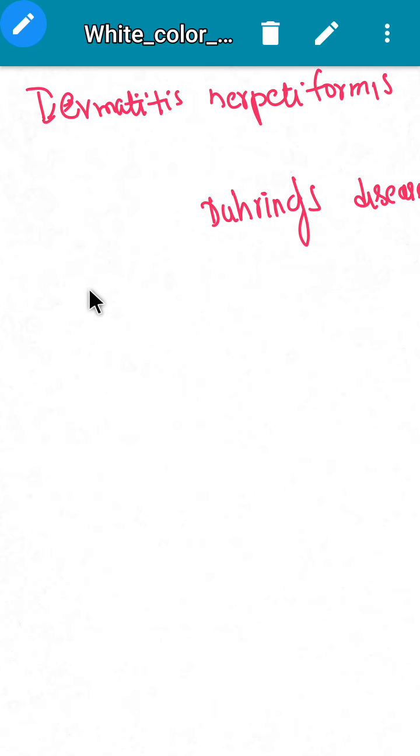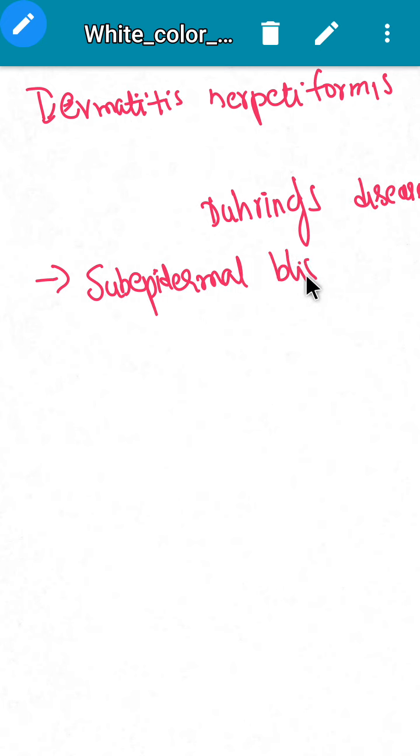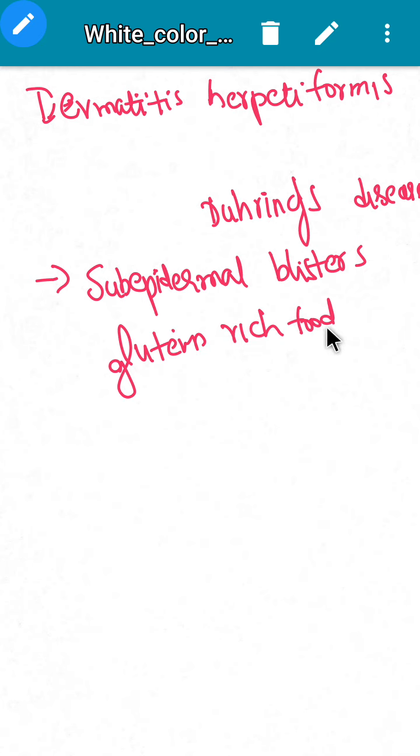Now what happens in dermatitis herpetiformis is there is formation of subepidermal blisters. Let us see how these subepidermal blisters are formed in dermatitis herpetiformis. Basically, in these patients, when they take gluten-rich food, that means gluten is present in food. When they take food containing a high amount of gluten,